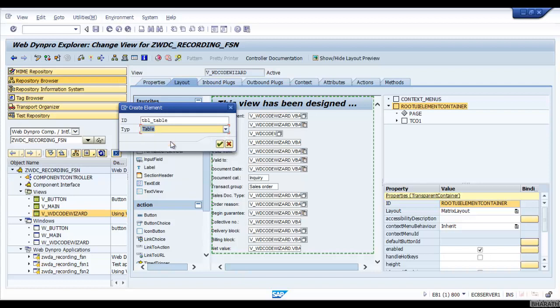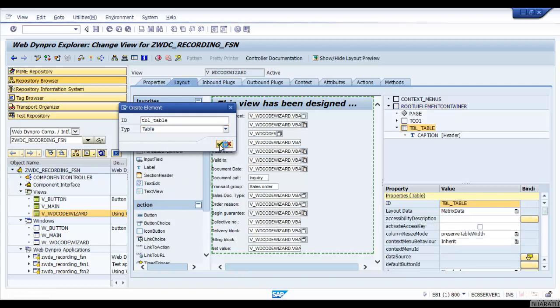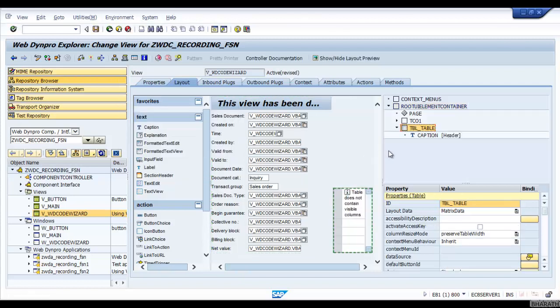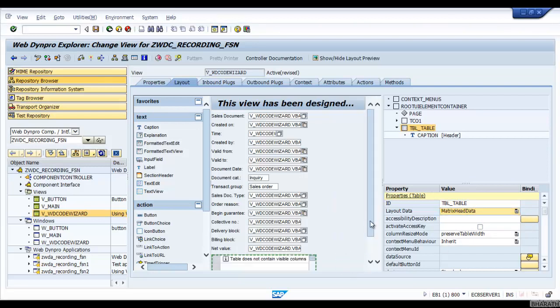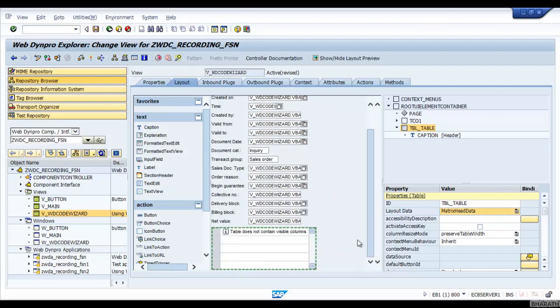Select the table UI element, click OK. I will set it as matrix head data. Now it appears in the next line.